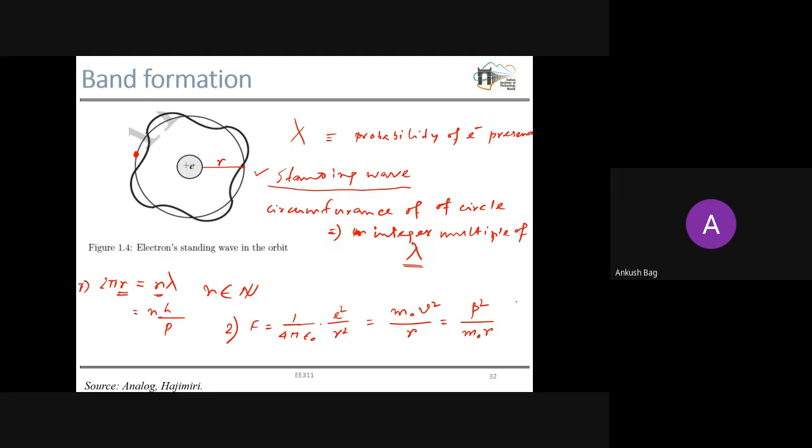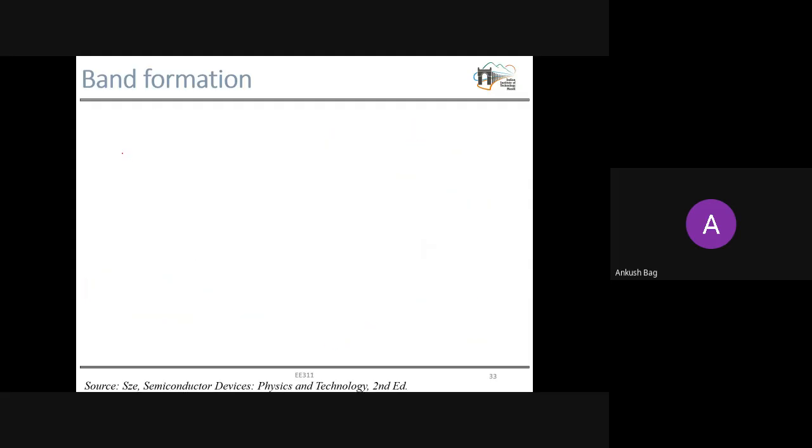I hope till now all the concepts are clear. If it is not clear, just let me know. So now you can see we have two equations relating r and momentum. Here is r and momentum, and here also you have a relationship between r as well as momentum. Now if we solve these two equations simply by replacing r or p, I will go to the next slide. Then we'll see that r, the radius of that orbit, will be